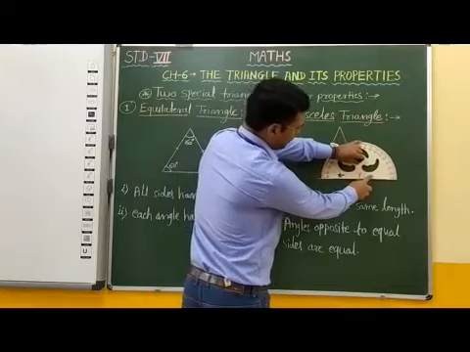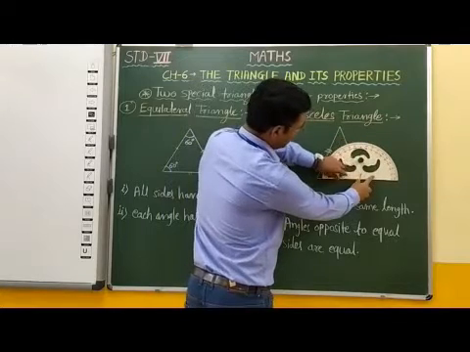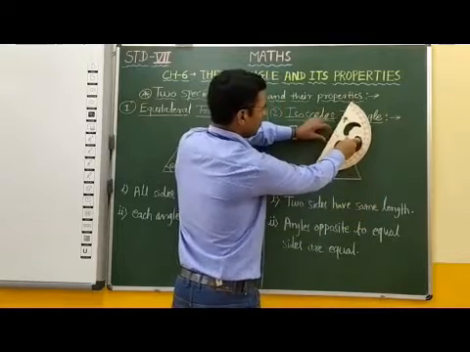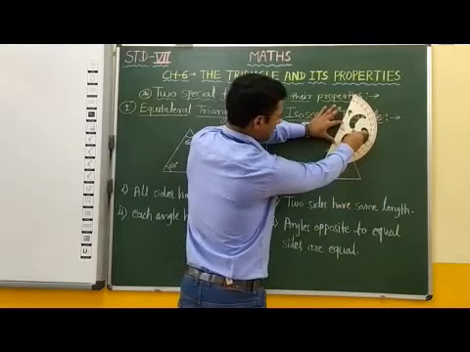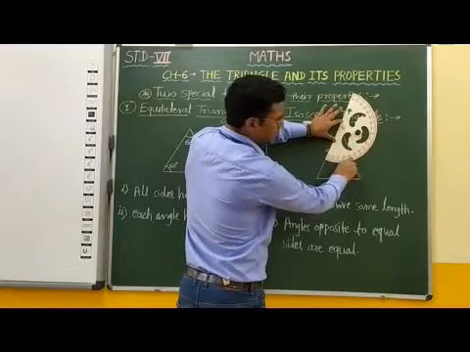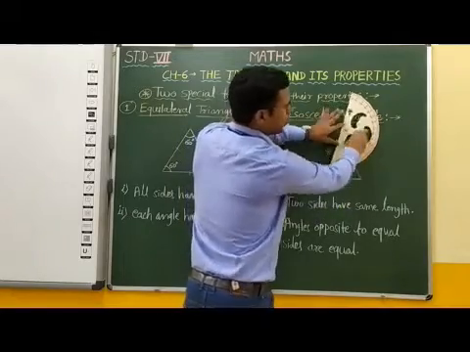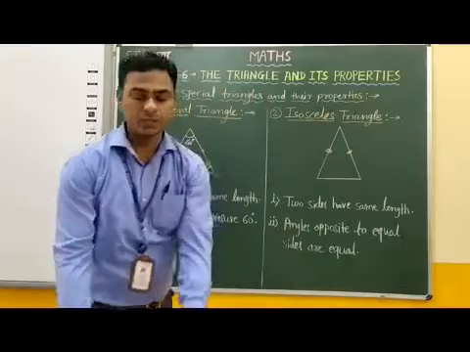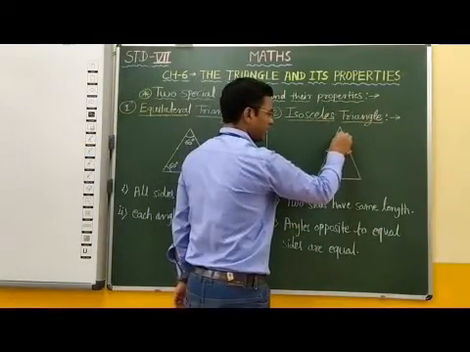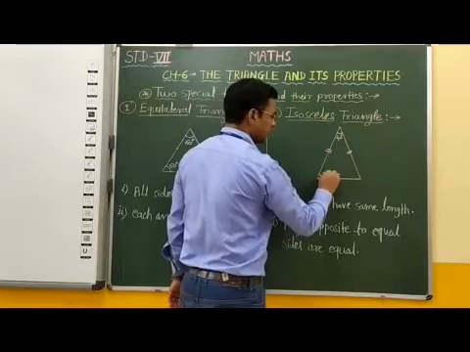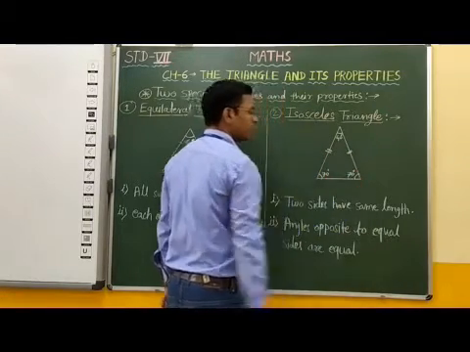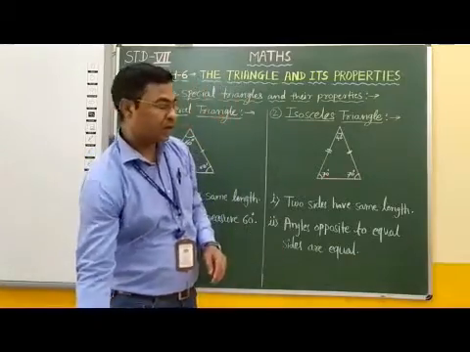Now this angle is also 70 degree. Now this angle is 40 degree. Therefore, here we observe that this angle is 40 degree, this angle is 70 degree, and this angle is 70 degree. Therefore, in this triangle,